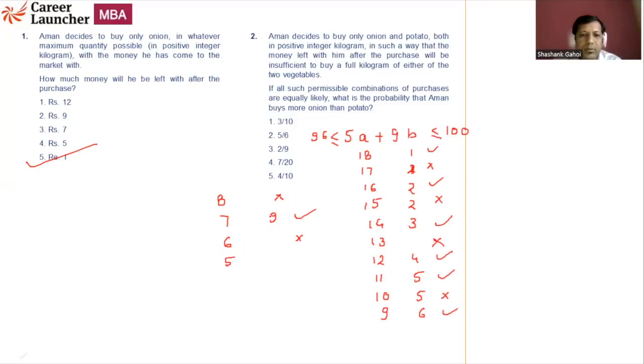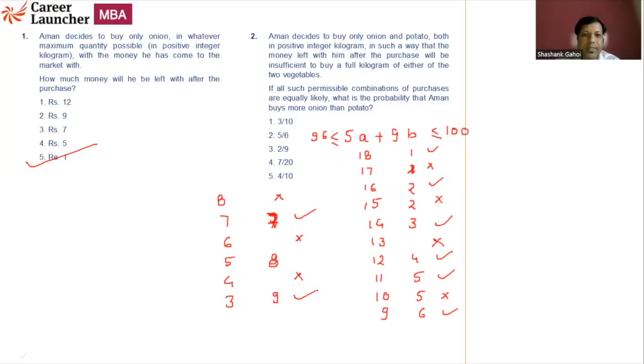Okay, so I think this is going to be 8. So this can't be 9. So 35, 65 means this is also going to be 7. Okay. Then we are talking about 4. Then 4 means 20. Then remaining amount is 80. 80 means if he buys 8 kg, then 8 rupees will be left. Not possible. If we are talking about 3, 85 means 9 kg.